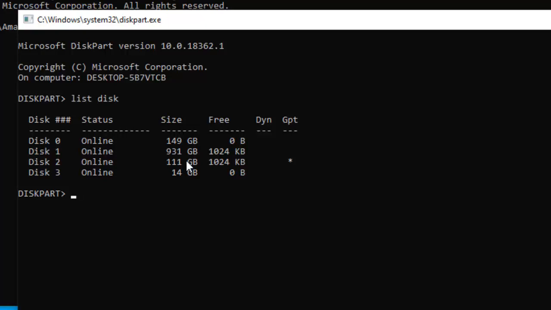Another drive is a HDD, a mechanical hard drive. This 931 GB is also my mechanical hard drive, 1 terabyte, and this 111 GB is an SSD, and this 14 gigabyte is my flash drive. So my 14 gigabyte flash drive is disk 3.